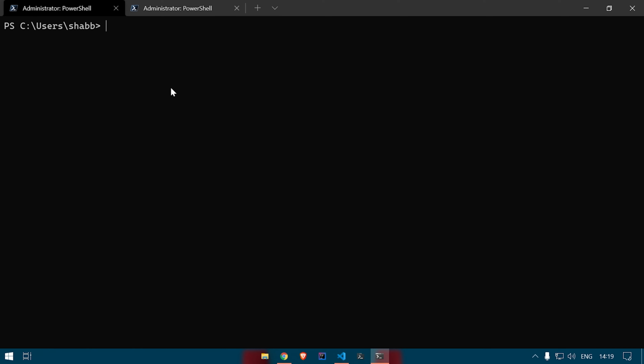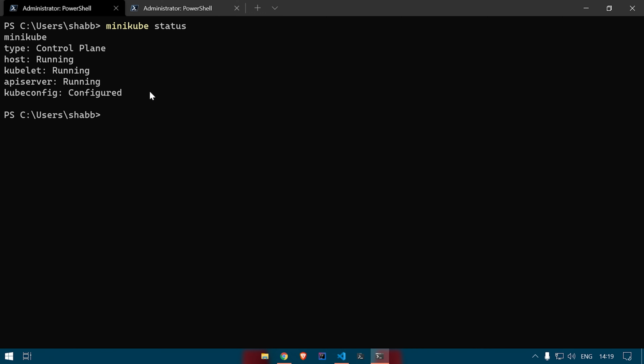Once you have enabled the Ingress component in your Kubernetes cluster, we can create the Ingress services and deploy them. Here if you come to my terminal and say minikube status, you can see that my cluster is running, and everything is configured correctly. If your Minikube is not running, you can use the minikube start command to start your Minikube server. I am running my Minikube server in Hyper-V. You can also start it the same way.